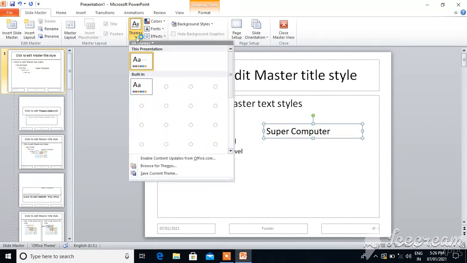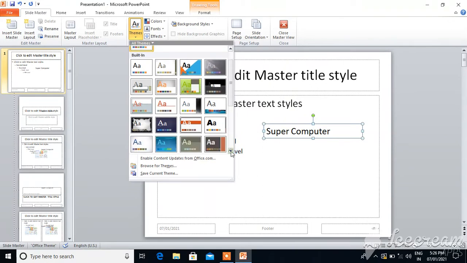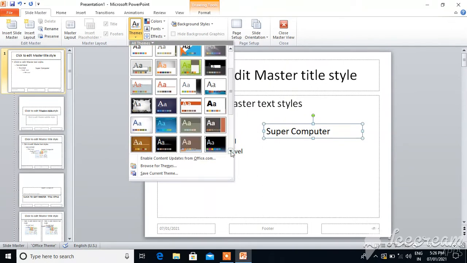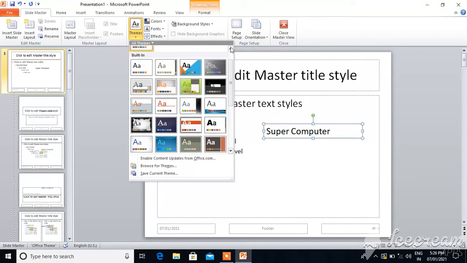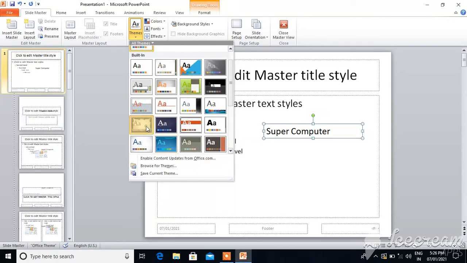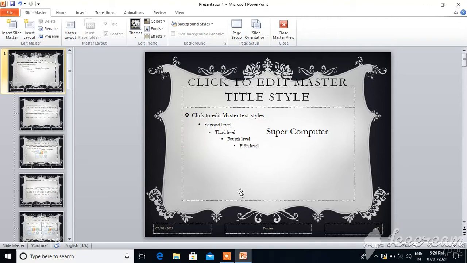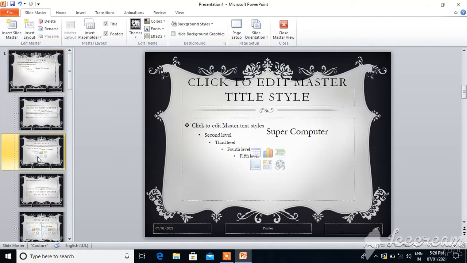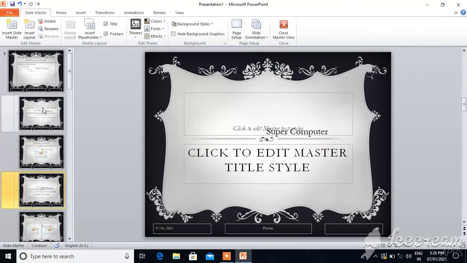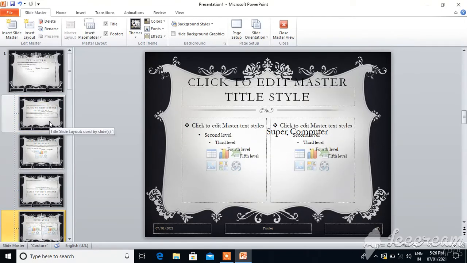Here are themes. See the ready-made designs. Whichever design you like, you select that. Okay, see, this design is automatically applied to the remaining slides also. See here. So this is a ready-made design. It is called a theme.